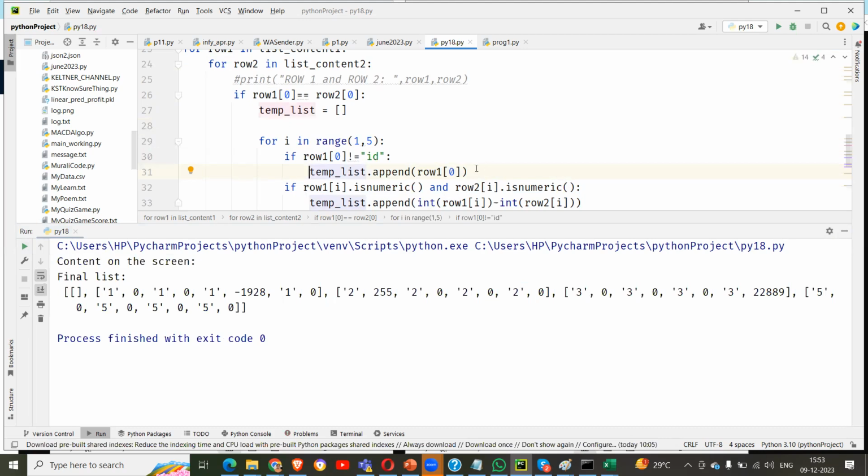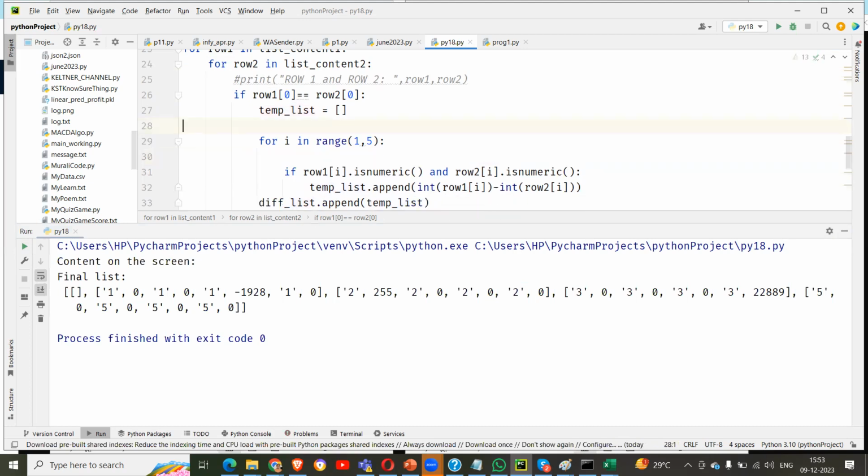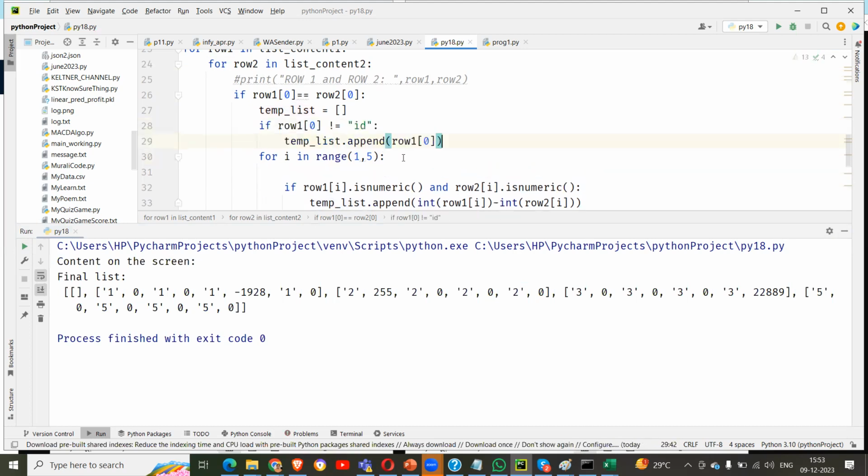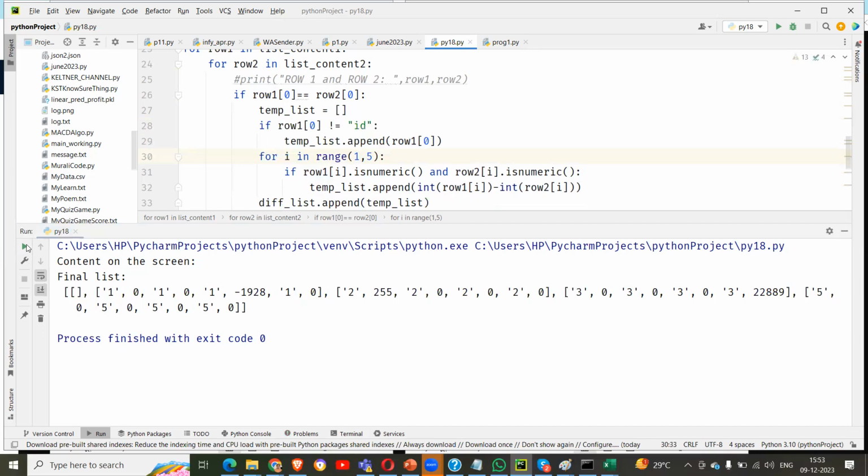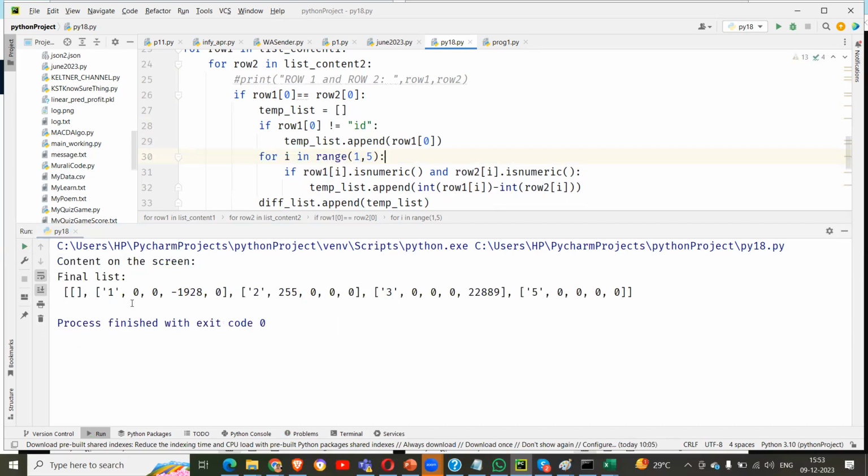No, I think that's the better way to do it here. There is a problem here. Okay, so this is fine. You're getting ID here also, but this one,